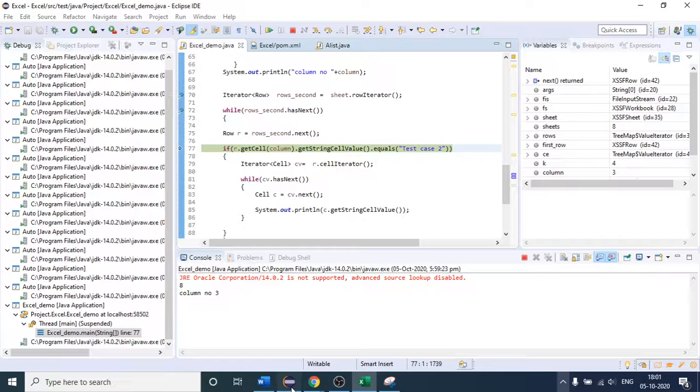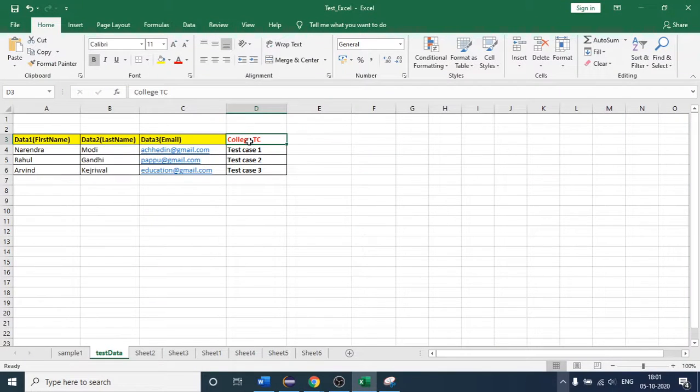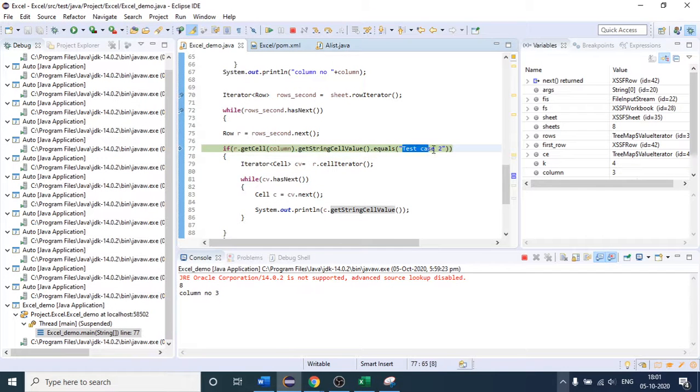So this is the cell. Okay. After you get me the cell, just give me the text present in that cell. So what is the text here? You can see the text is this one, Polish TC. So the condition will become false because it is not equal to this one. So this time the if condition will become false. You can see here we are not going inside the if condition this time.